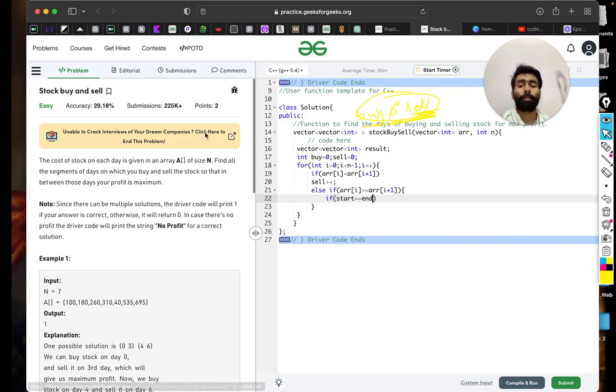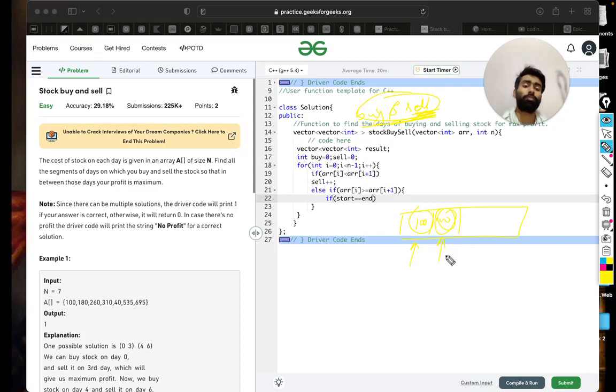Meaning, let us say we came across this is also 100 and this is also 100, and buy and sell both are pointing to this one, and now we are comparing this with this, that is it is either greater than this one or less than this one. Then in that case we need to point both of these to this one.